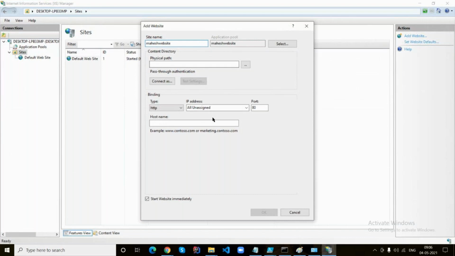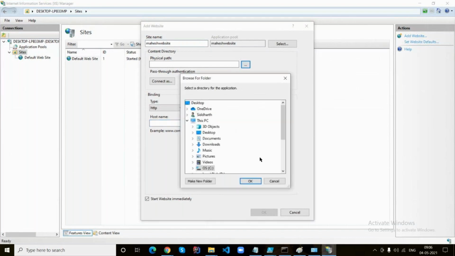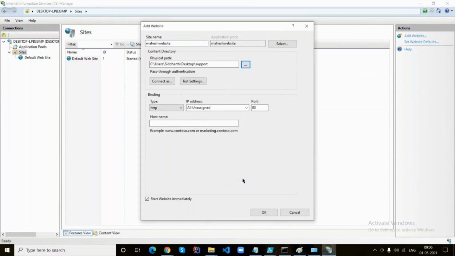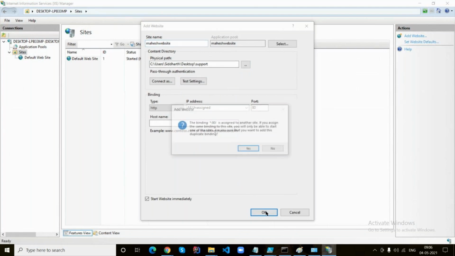To create a website, you need to map the physical path. Go to the physical path, please. Pick some folder. Map any folder. Basically, you need to map the folder where exactly the code for the website is available. At this point, I just want to create a dummy site. That's why I'm just asking you to map any folder. Yeah. Click on OK. That's fine. We can modify.